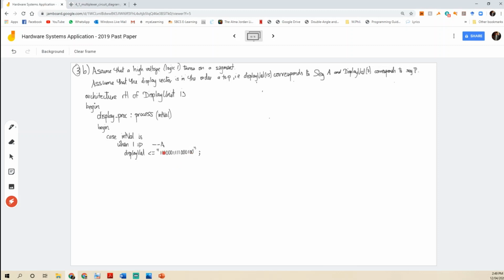It's 10 marks. As long as we do this part, figuring out this stuff here, and we remember the fact that we have to write a case when statement inside of a process, that's pretty much an easy 10 marks if you ask me. Okay, so when 2, and this of course corresponds to the letter B, display val is going to be assigned the value 1, 1, 0, 0, 1, 0, 1, 0, 0, 1, 0, 1, 1,